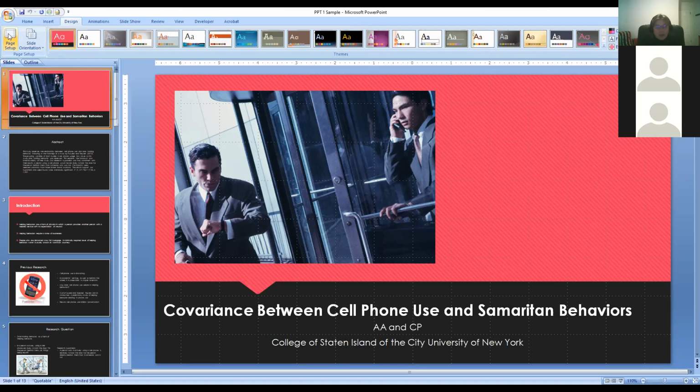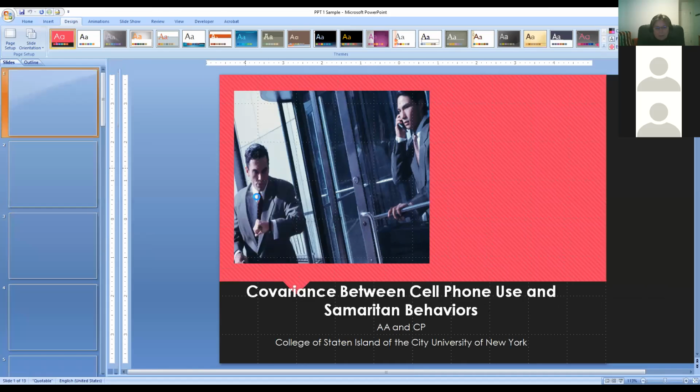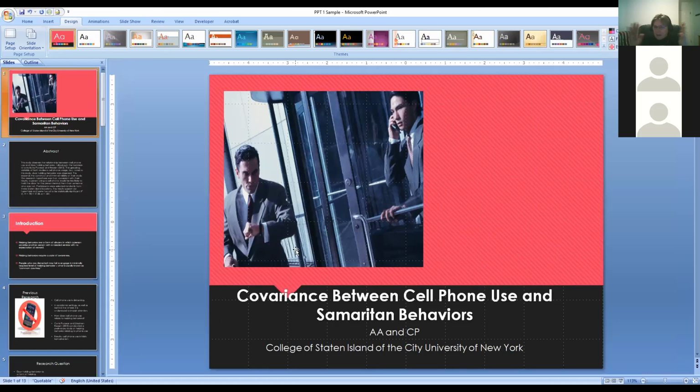No, it's right here, page setup. I have now this wide presentation, which I can change to sort of normal on screen 4:3. That's a standard one. Now you can see that the slide became less wide, so to speak.